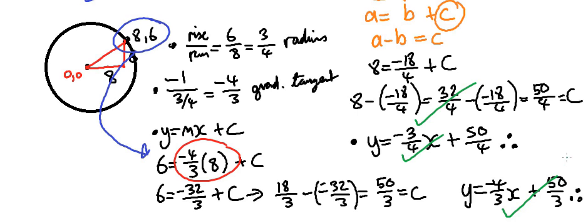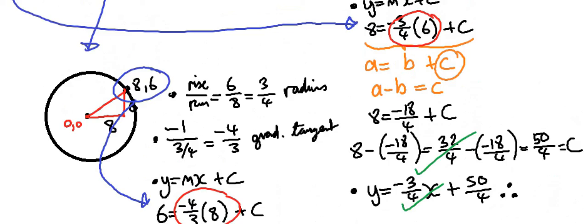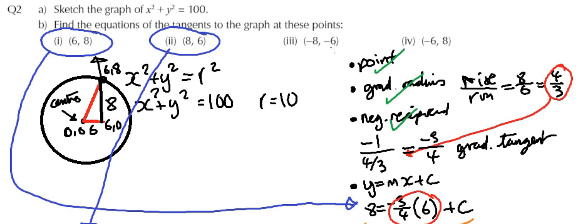Did you get it right? If not, go back to the steps, see what went wrong, and then try some of the other questions. There are 2 more: minus 8, minus x, minus 6, and 8. Let me know how you